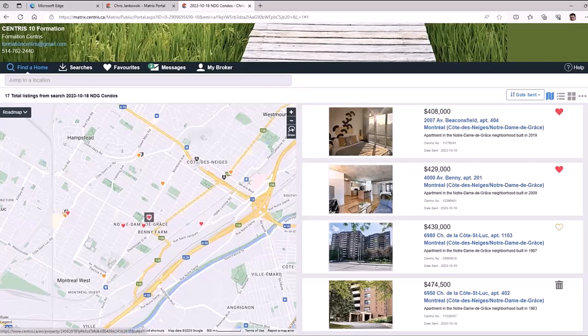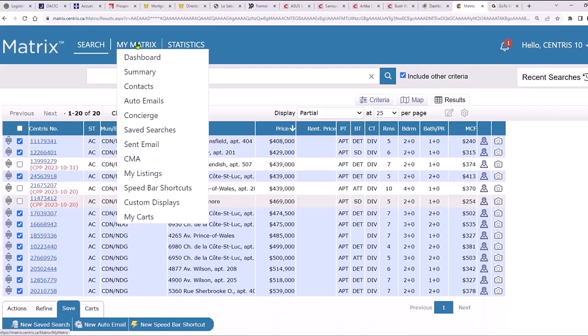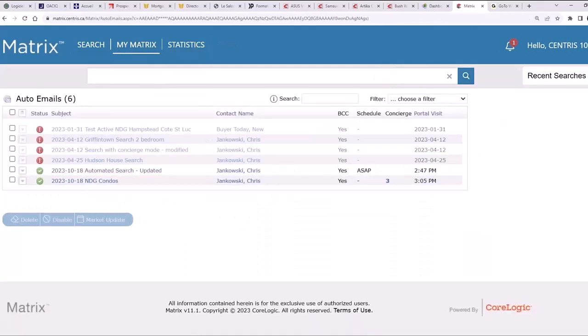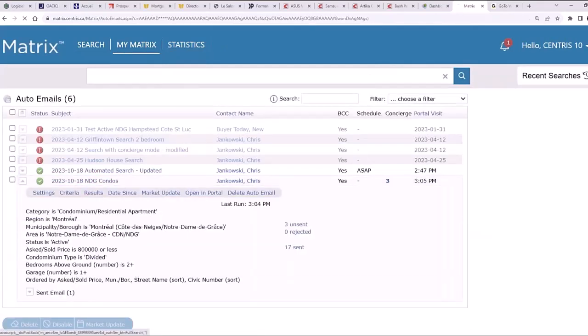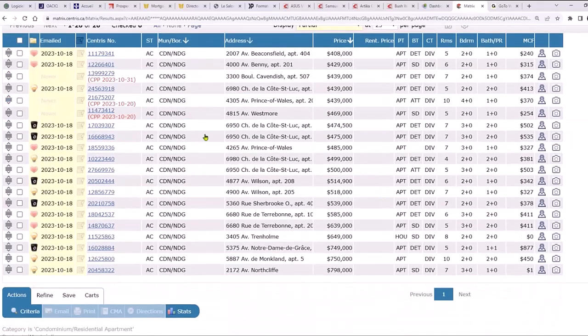And I do want to point out that if we go back to our search criteria for that property, I'm going to go to auto emails, NDG condos, click results. See here? Whatever the client chose as a favorite, a possibility, or discarded, we know.